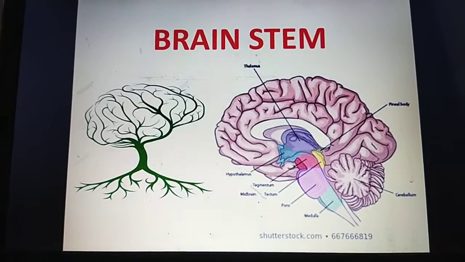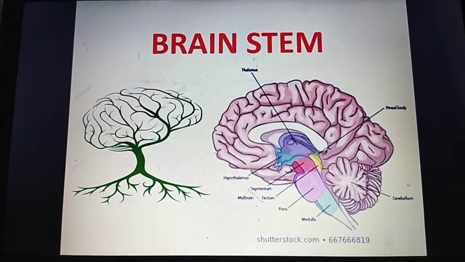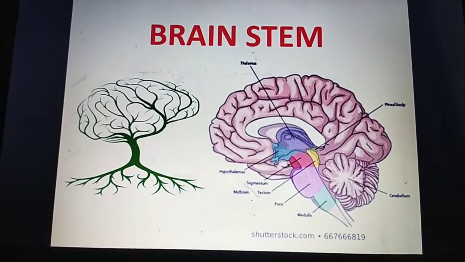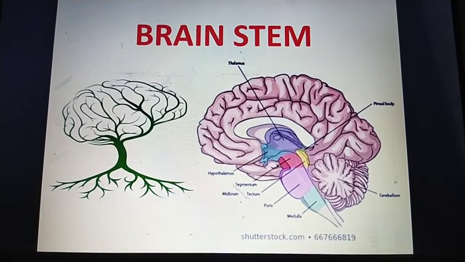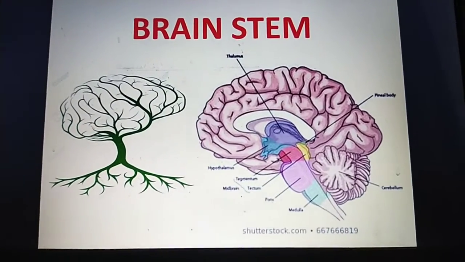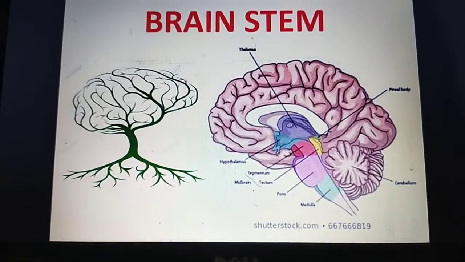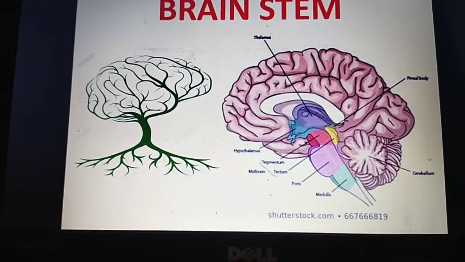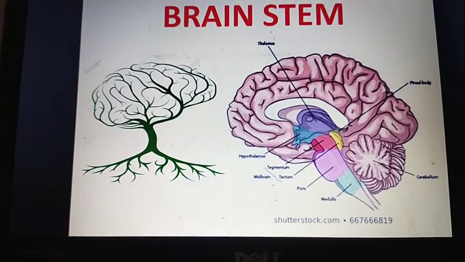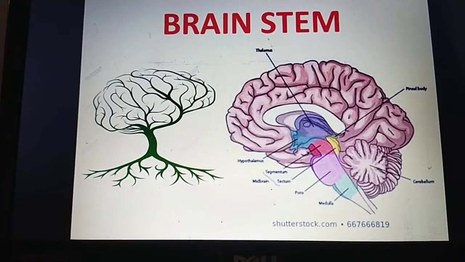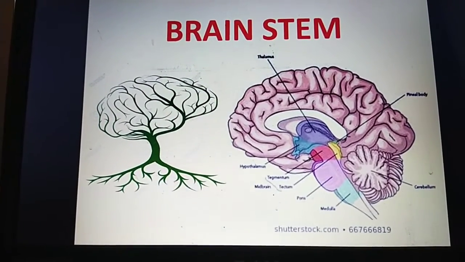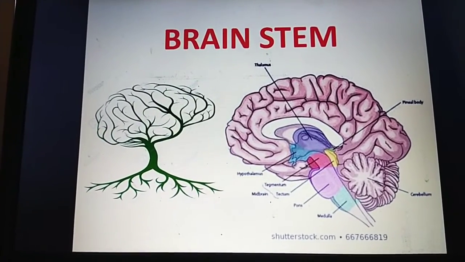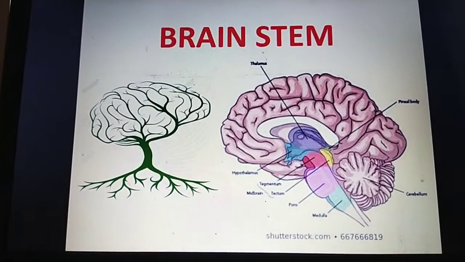The brain stem is the distal part of the brain that is made up of the midbrain, pons, and medulla oblongata respectively. Upwards is the midbrain, in the middle is the pons, and the lower end is the medulla oblongata, which is continuous with the spinal cord. The midbrain is covered by the thalamus and hypothalamus. Each of the three components has its own unique structures and functions. Together they help to regulate breathing, heart rate, and blood pressure.